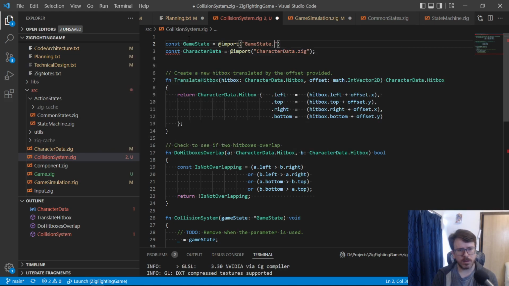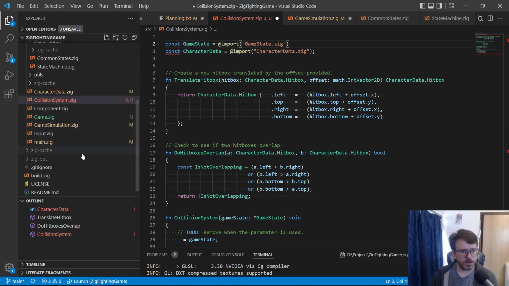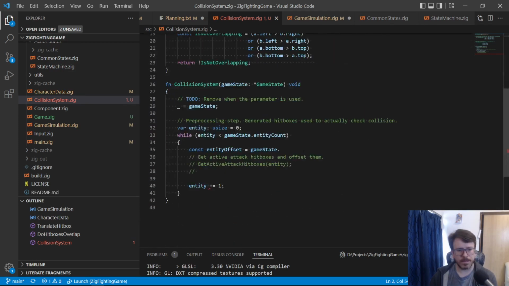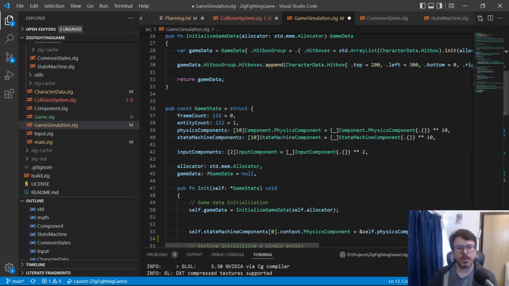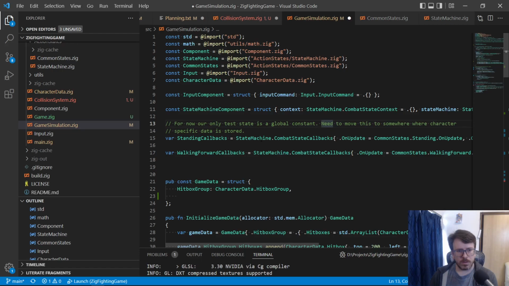Is it game state.zig or is it game simulation? Do we have a game? No, it's a game simulation. Okay, game simulation.zig. So we need game simulation. Okay, so we should have access to game state with this, right? So game state dot, no, hold on. We should have access to, why don't we have access to,